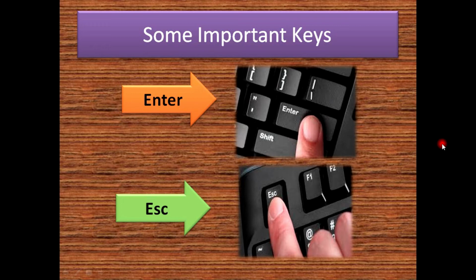Then escape key. Escape means to get rid of something, to go, to disappear something. Like if you are doing work on a program, suddenly by mistake you press any key and you see the dialog box on your screen and you don't know how you can remove this dialog box from your screen, you just press escape key. The dialog box will disappear from your screen at once. So by mistake, if you press any key, you just see something on the screen, you can make it disappear by the escape key. This key is the first key on the keyboard and an important key.